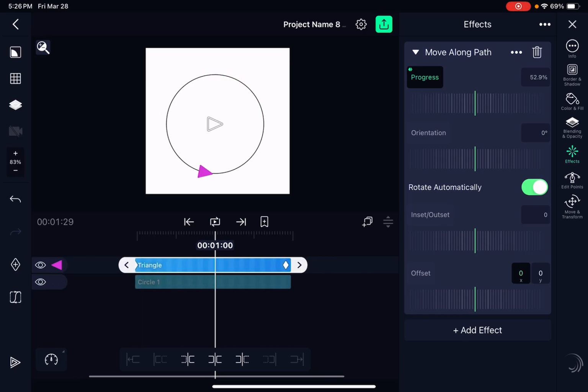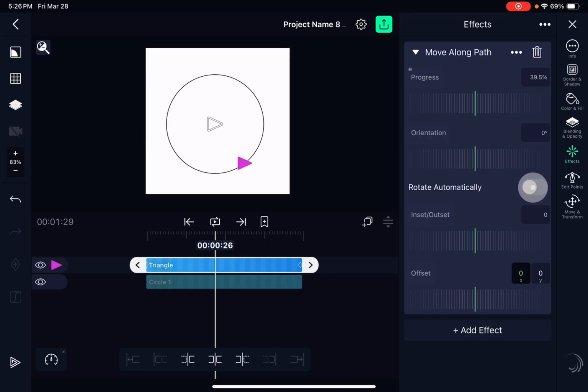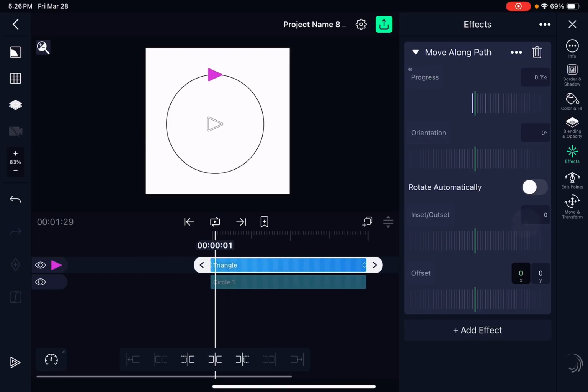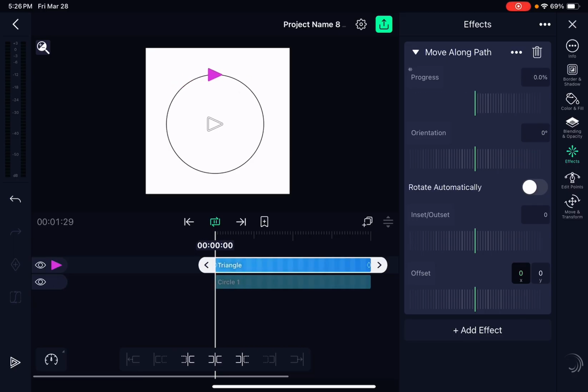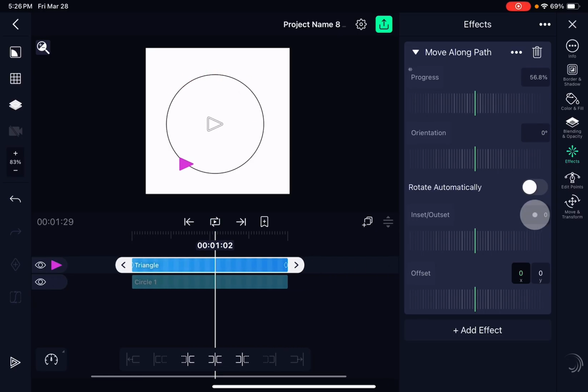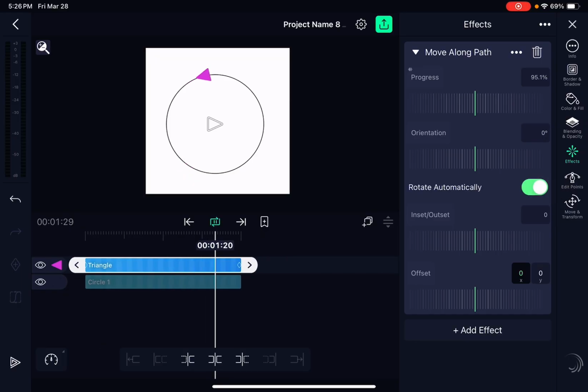And another common feature that goes along with this follow along path is this one here. In Alight Motion, it's called Rotate Automatically. If you turn it off and you play the triangle again, you will see the triangle stays facing in one direction. But when we turn it on and we play this again, now the triangle rotates